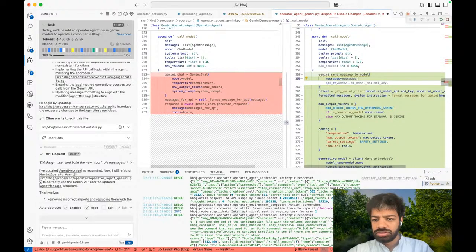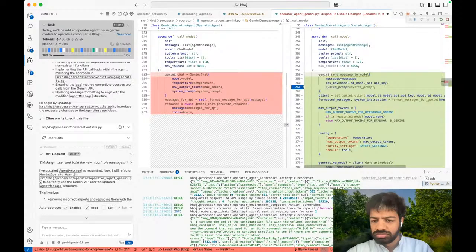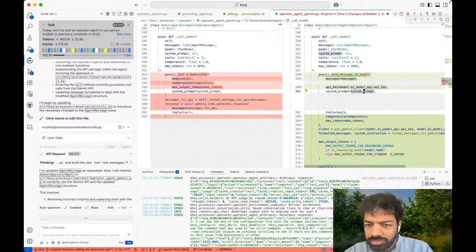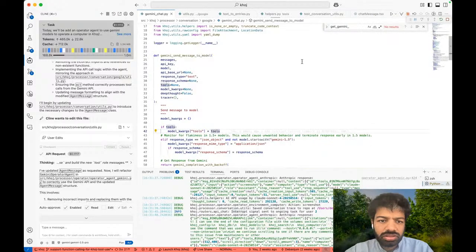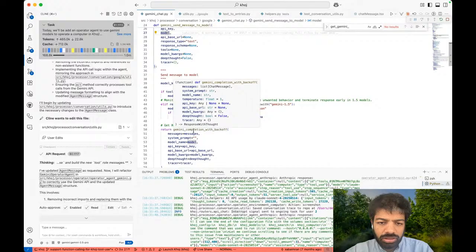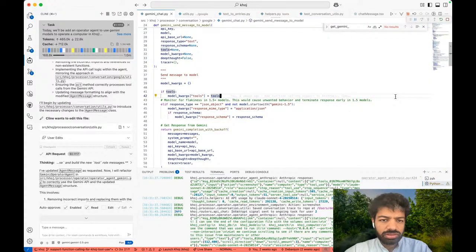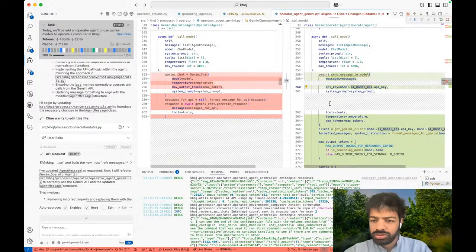Messages equal messages, API. System prompt is correct. That's the main thing. Then does it take a chat model or model name? Not typed. And then this is model name. It takes a model name. Then where's the API keys passed separately? Okay. So we do this, and then we do